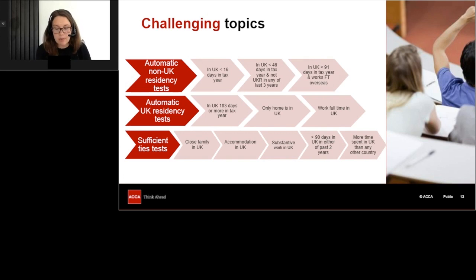So you do have some information in the tax tables in the exam, but not what I've got here on this screen for you. You will need to memorise these. Okay, so it is a tricky area. Lots of question practice on this is going to help you, and remembering this specific order to go through the material that you're working through in the question.